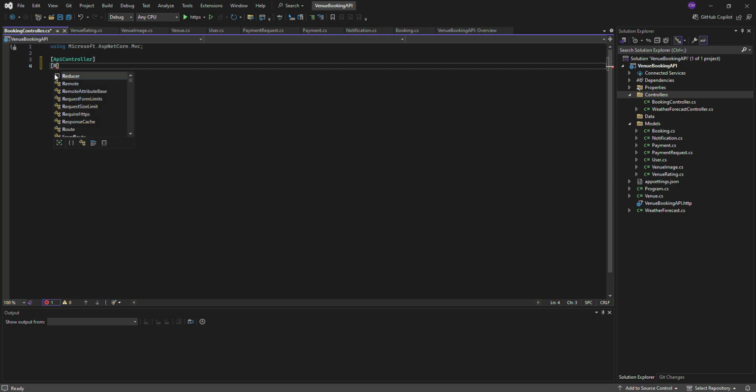Then let's route that to API slash, then give it controller,